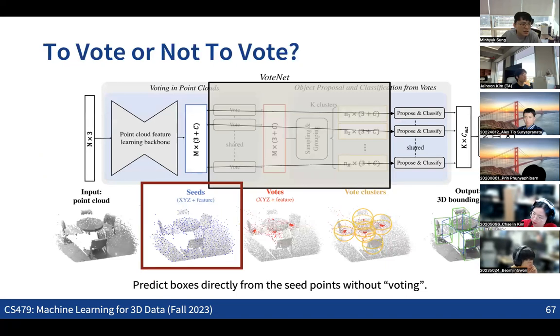And also, as we discussed in the previous slide, without the voting, we can also directly run some kind of region proposal and bounding box prediction. But as I also mentioned, this might not be good because we are not using the voxel information, but just the point information. So for some objects, the center of the bounding box might be really far from all the other points. For those cases, this direct pipeline without the voting scheme may not be good at properly predicting all the bounding boxes.